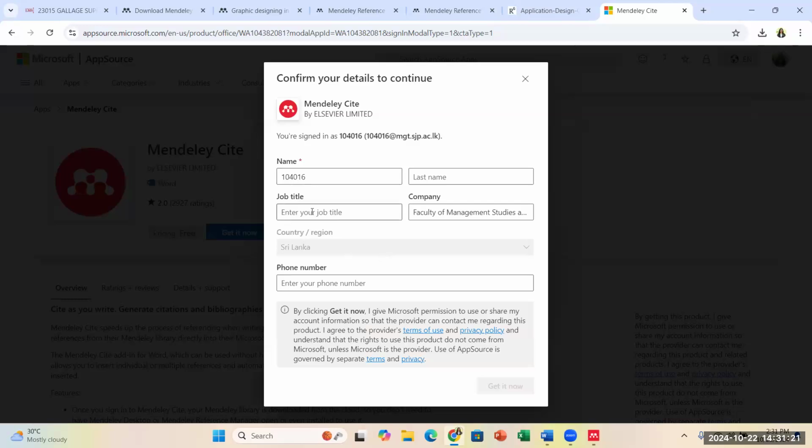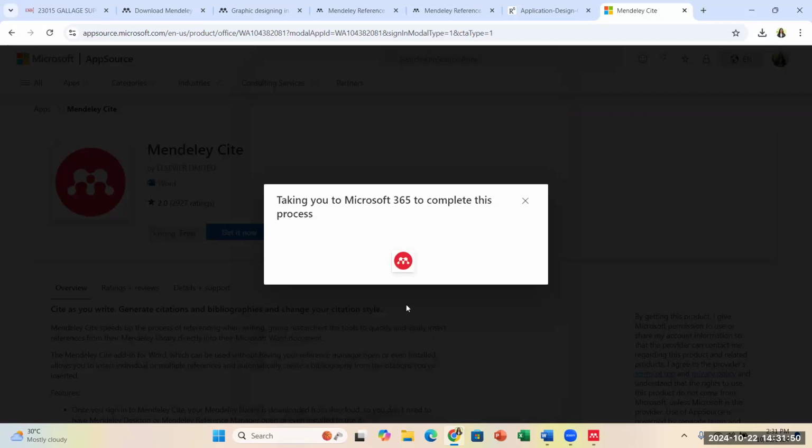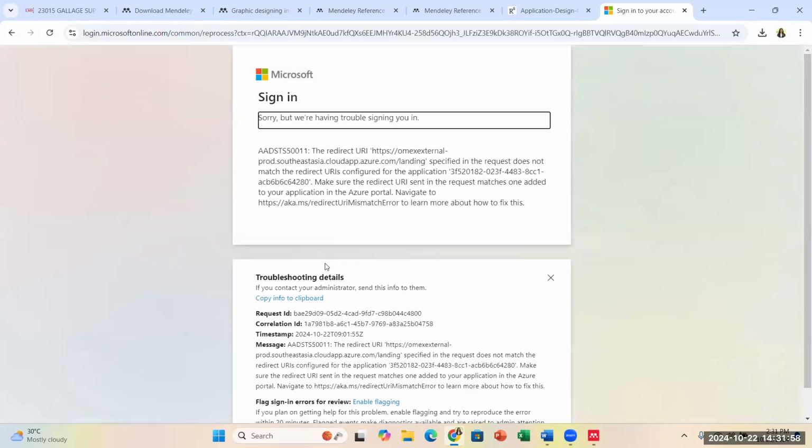Right. You can enter your last name and you can just enter job title as a student. As a student. And I think phone number is not compulsory, right? If you want, you can give it, otherwise click get it now. Right. Now,